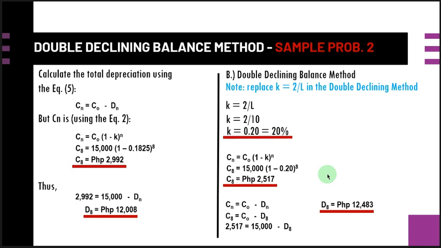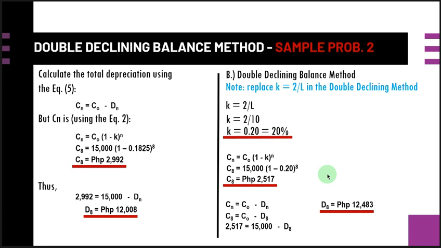You're just going to use the formula in the declining balance method, those five formulas, or even those formulas in the table. And then afterwards, when you are going to use that one in the double declining method, you're just going to replace the value of your K, which is equal now then to 2 over L in the double